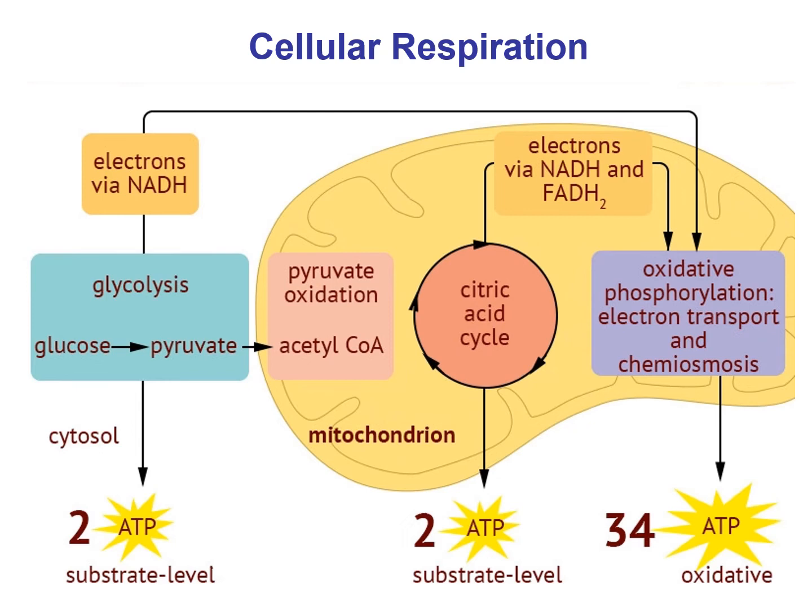If that pyruvate moves into the mitochondria, it will extract another 36 ATP from that one starting molecule of glucose. We're not going to get into this in any great detail in this course. We will in Bio 112, so keep that in mind. But for now, I just want you to realize that the mitochondria are essential for the high metabolic level that